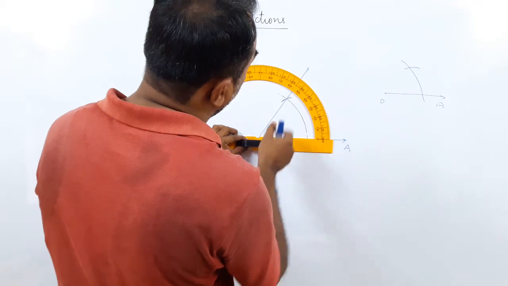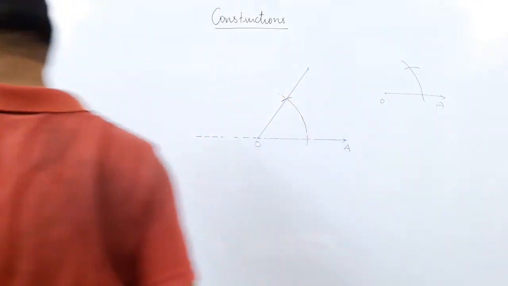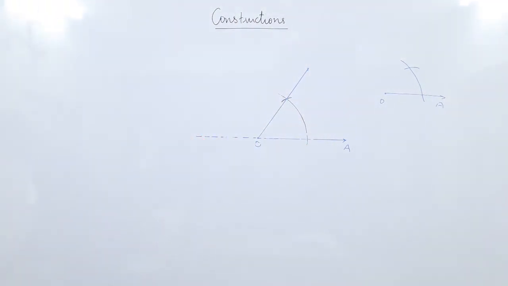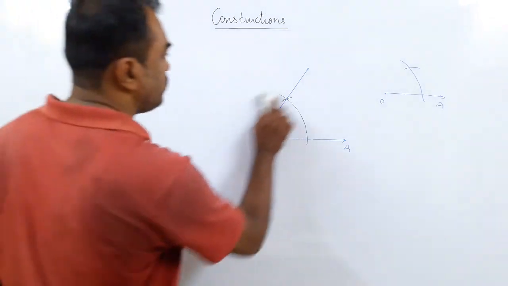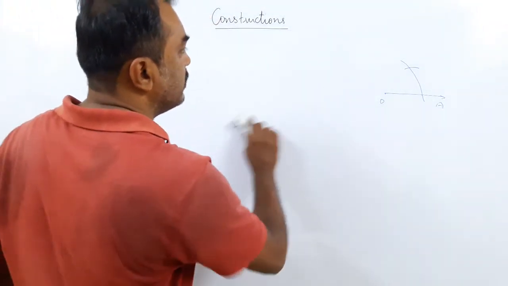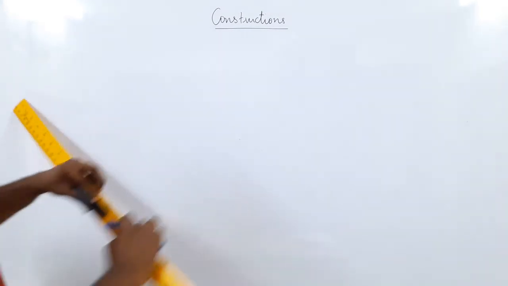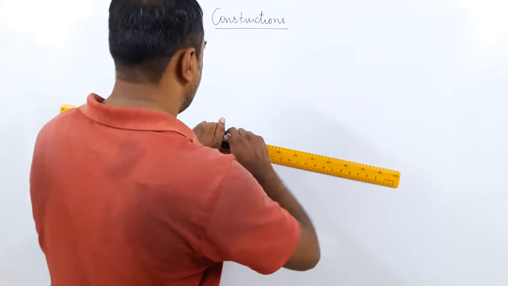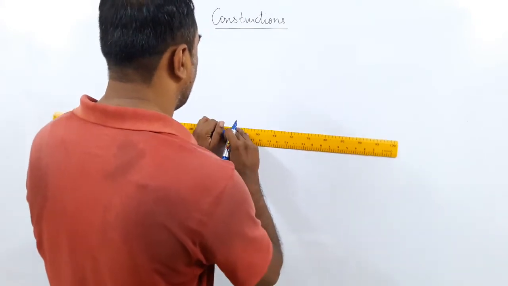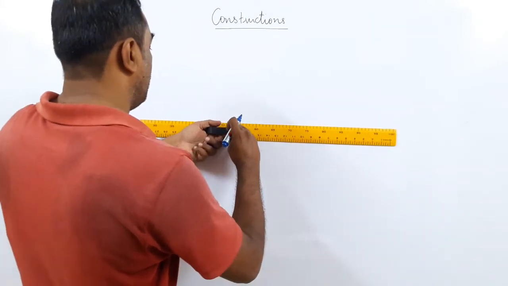I put at 0 degree, I am getting something on 56. So we did not get the correct one. Let me have to do it again. Okay, this is not the correct figure. So let me try to do it again. Construction will take some time. You cannot do construction in one go. It takes very accurate measurement. So we are going to try to do it again. Okay.